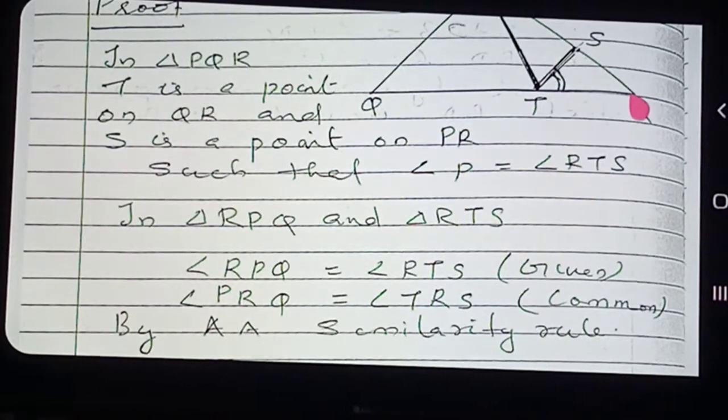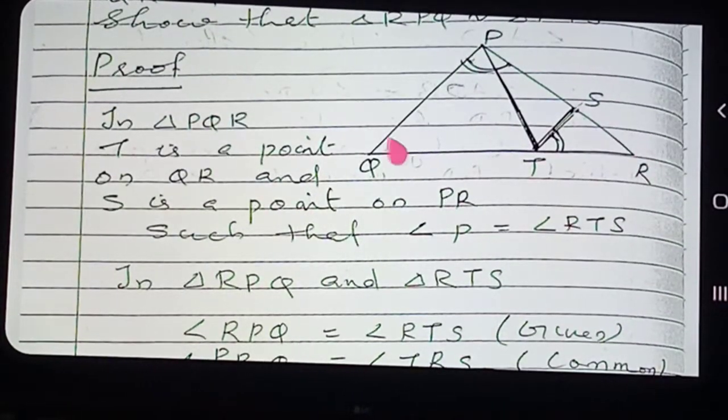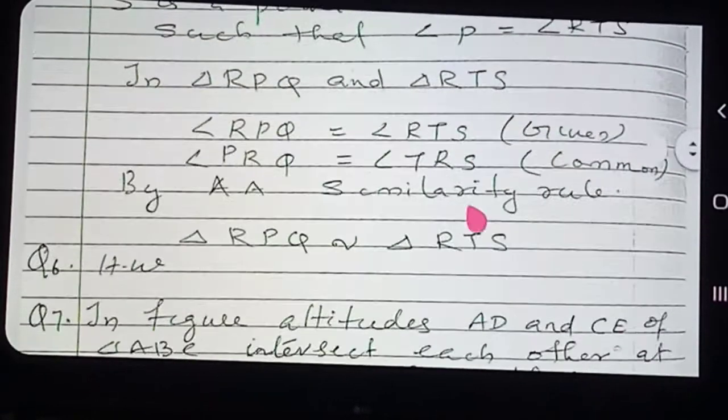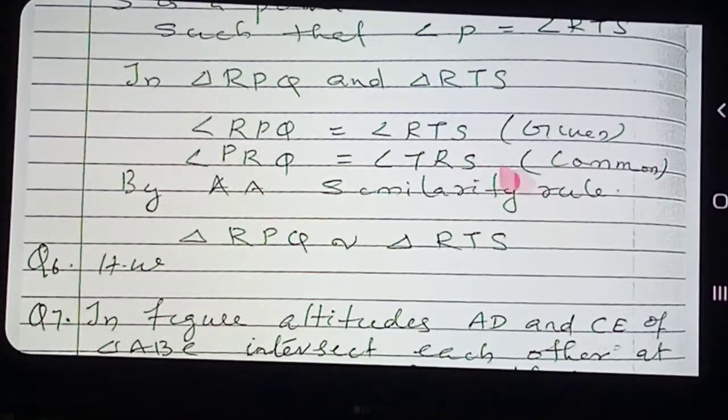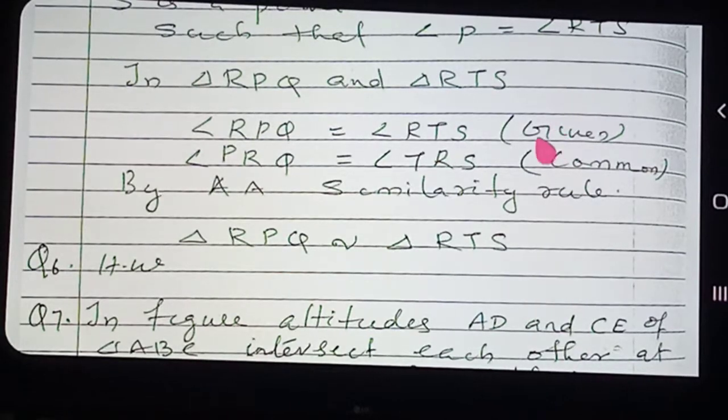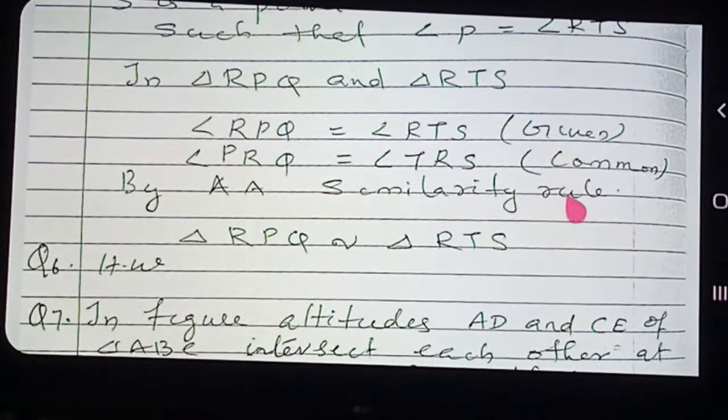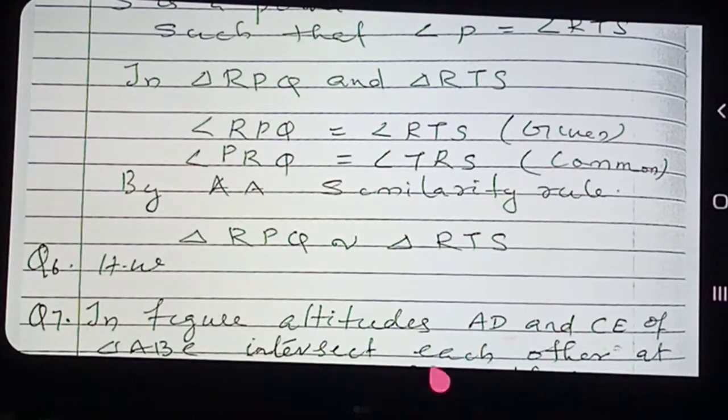The next one, angle PRQ. First of all, I told you angle R is common. Therefore, angle PRQ is equal to angle TRS. So angle R is also equal, given, no? See here, it is common. Therefore, two angles we have already proved congruent. So by which criterion? AA similarity rule. That is the very simplest one, very easy to prove. Any two pairs of corresponding angles only you want to prove. So you proved by AA criterion that these two triangles RPQ and RTS are similar. Clear?